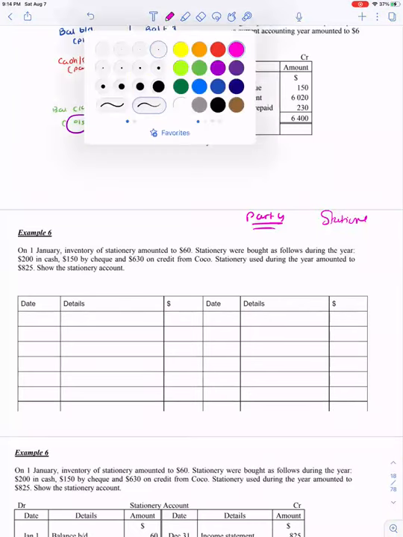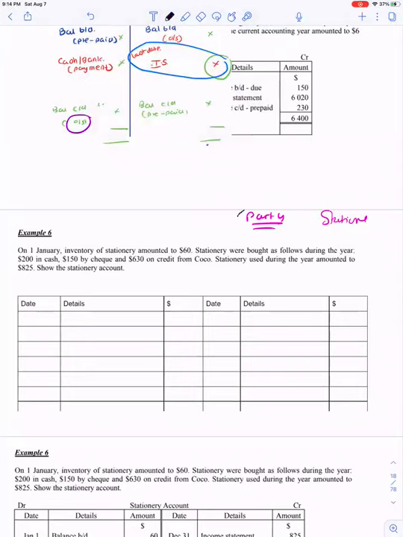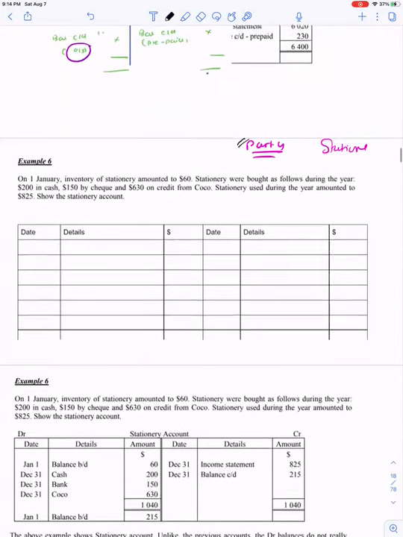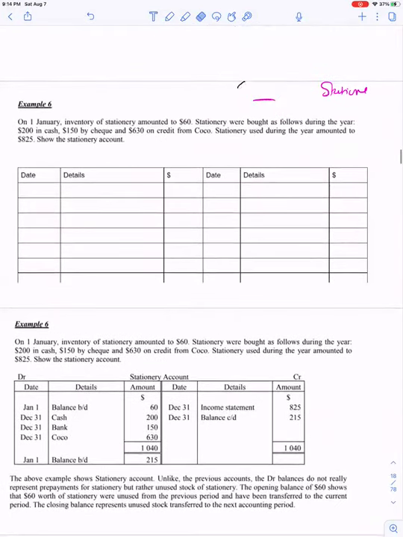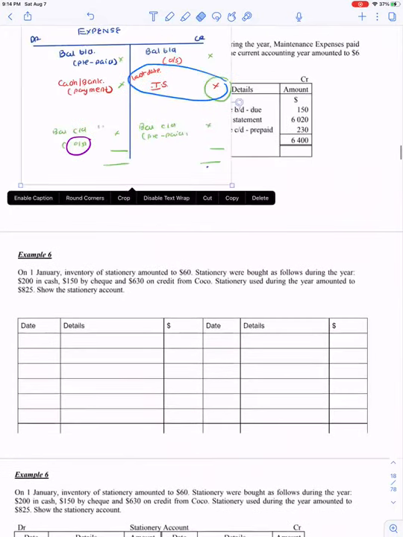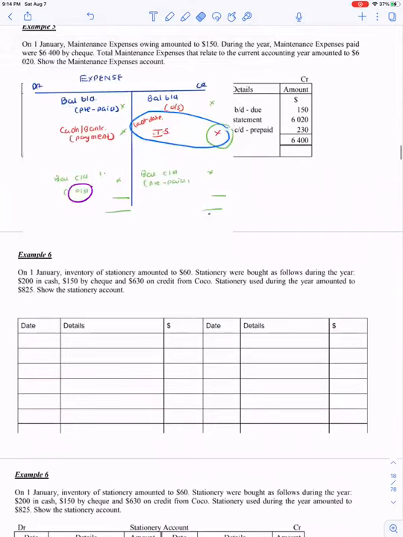Hello friends, so now we are in the fourth part of our other receivables and payables. If you see, we are just practicing sums based on the concept that we did. We know how to prepare an expense account. We know that prepaid expenses are an asset which will always come on the debit side.